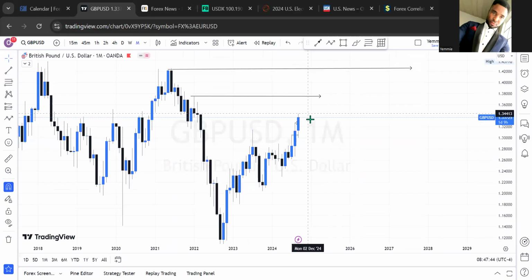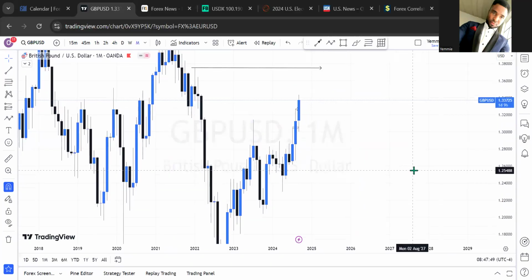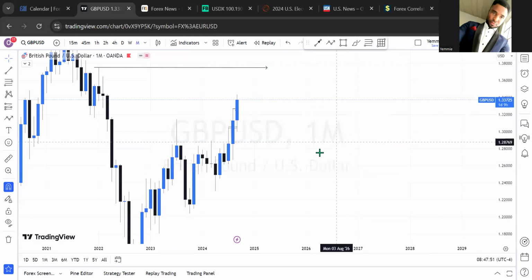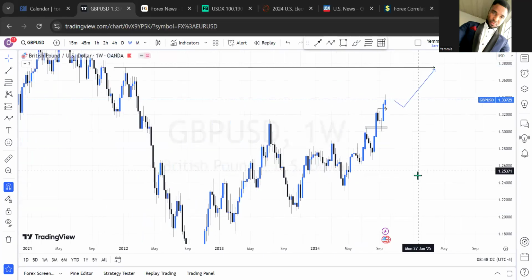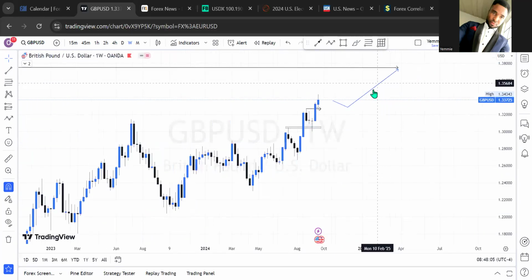So with this, it means the market has been bullish all this month, and since we're coming to the end of the month, it is necessary to always expect something a little bit tricky in the forex market. That means we can expect a little bit of sell in this regard before we have more buy. Let's go to the weekly time frame and see what we have in there. This is how the market is looking on the weekly. So let me take this out.